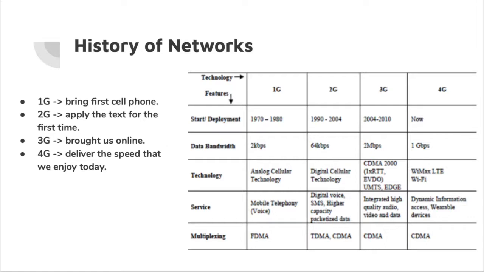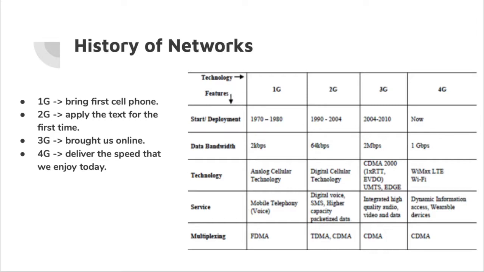Then 4G technology was introduced with 1 gigabyte per second of data bandwidth. This technology delivers the speed that we enjoy today. It also provides a comprehensive and secure IP-based solution where all the facilities will be provided to the user on an